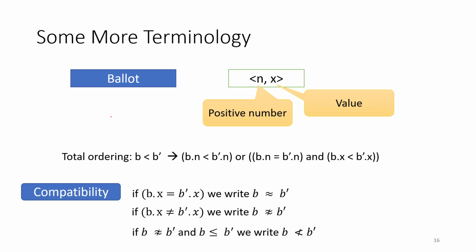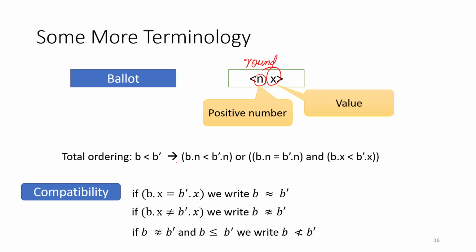So let us now take this to the level of a ballot, right? Let us now create a consensus protocol, or rather a blockchain, out of this. What we want is to use federated voting as the primitive, and then build on top of it. So let us introduce the notion of a ballot, where a ballot is a tuple of a positive number which keeps monotonically increasing. So this is the round number, the tag that we discussed, and x is the value that is being voted upon.